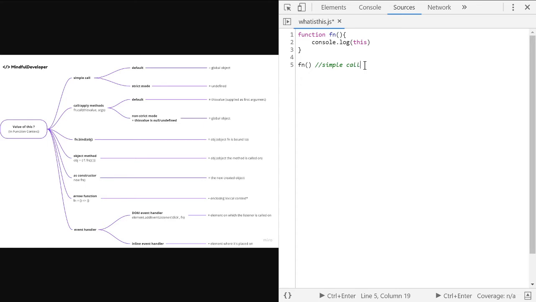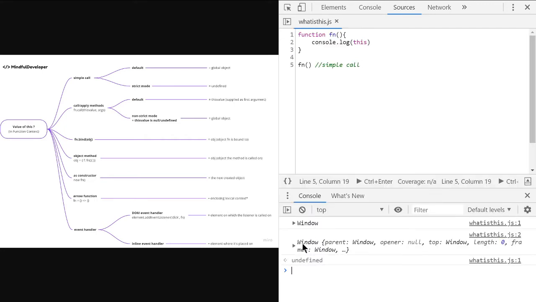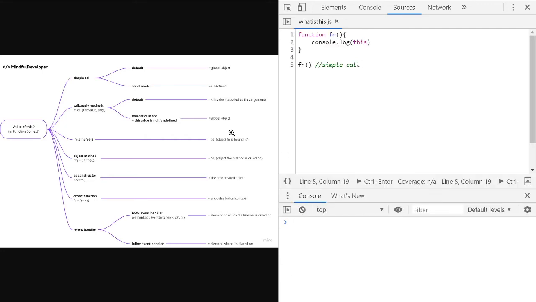So what is the value of this going to be? It's going to print out the value of this. Let's see, what do we have here? We have window object, the global object. So this is the case when we call a function simply like this, then we have the value of this